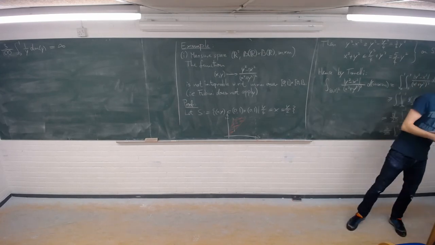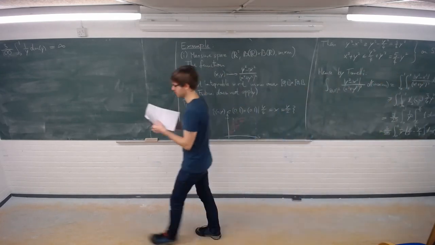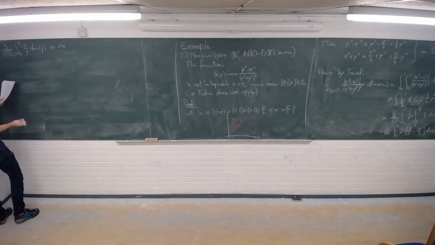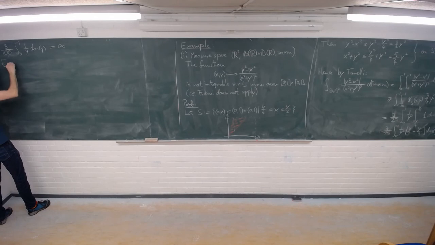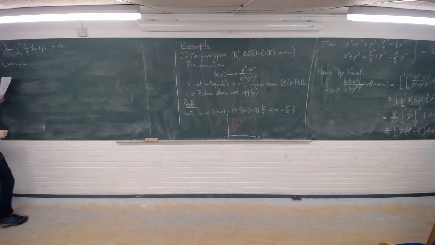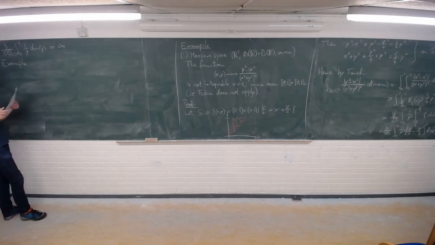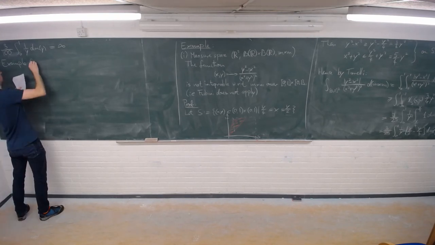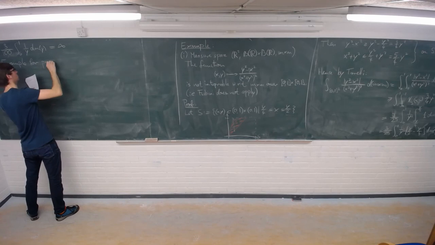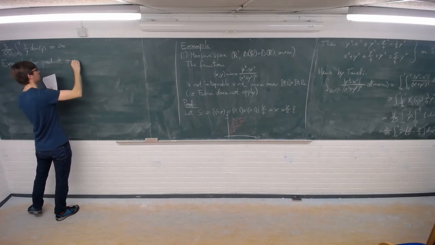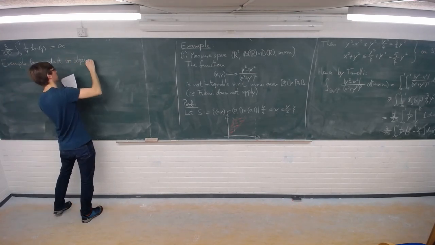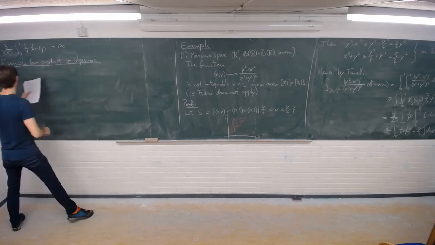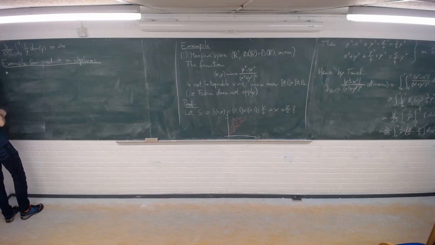Okay, so the next thing will be another example. Yeah, and also a word of caution. So this next example has nothing to do with Fubini or Tonelli's theorem, but is just about product Sigma-algebras. So the first example is